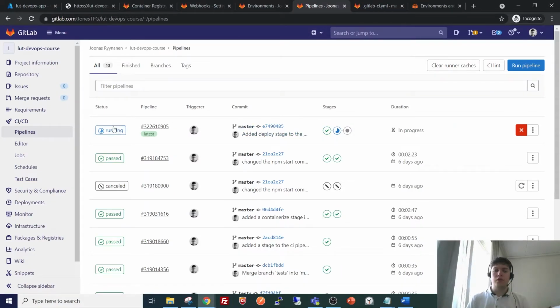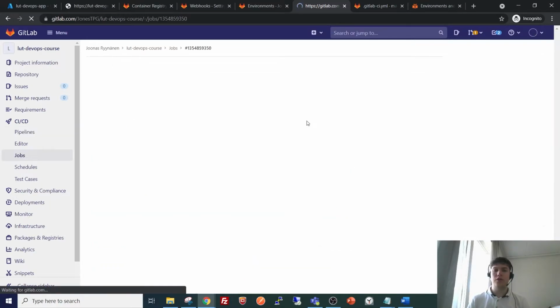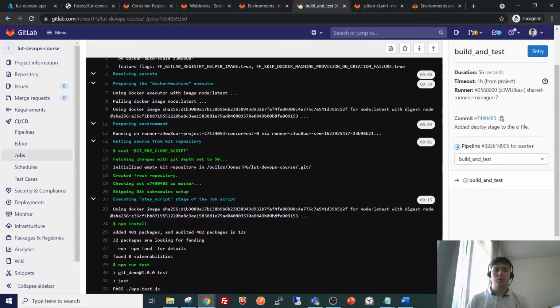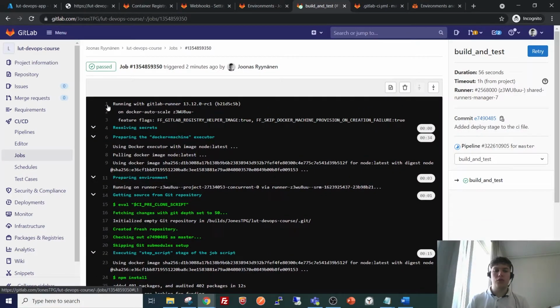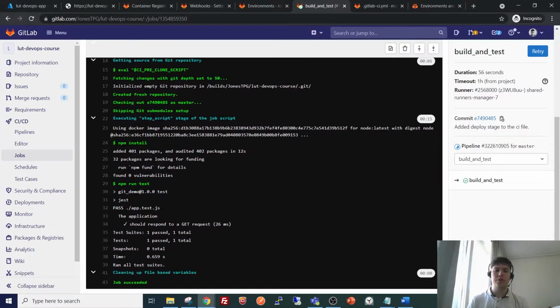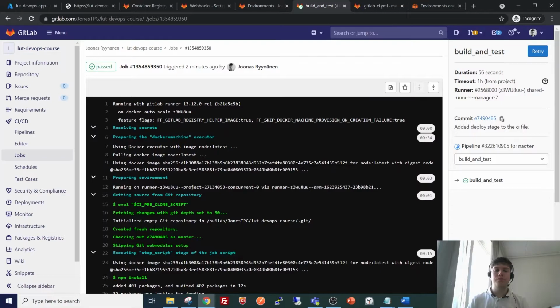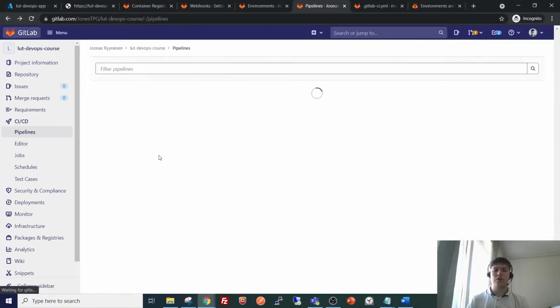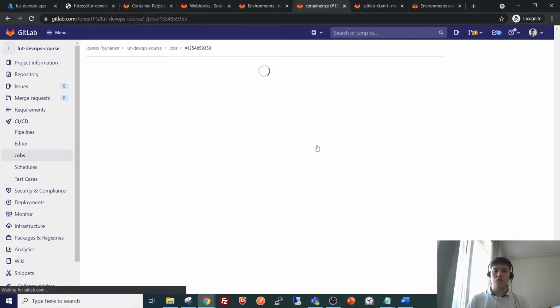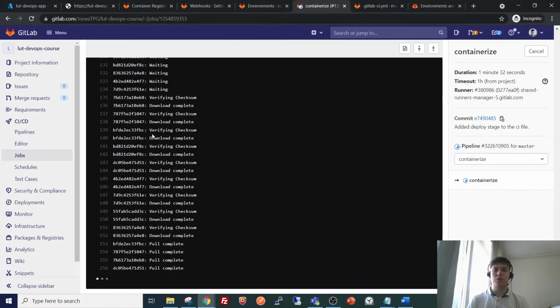So now we are at the stage where the build and test phase has been completed. We can go ahead and see the logs here just to make sure everything is correct. Here the npm install has been completed and the application has been tested and testing has been successful. Then we can see what the situation is at the next phase. So it currently is containerizing the application,